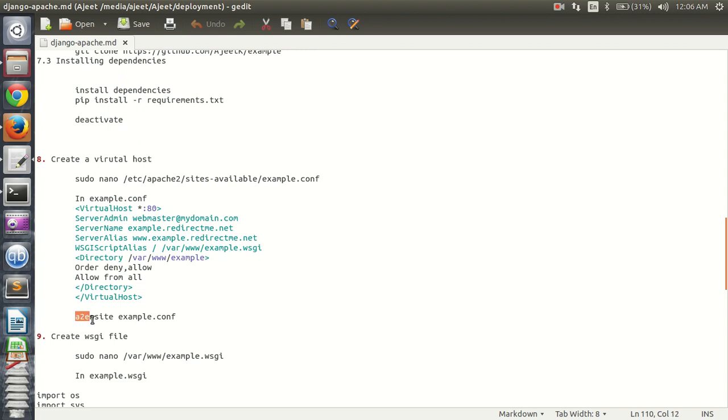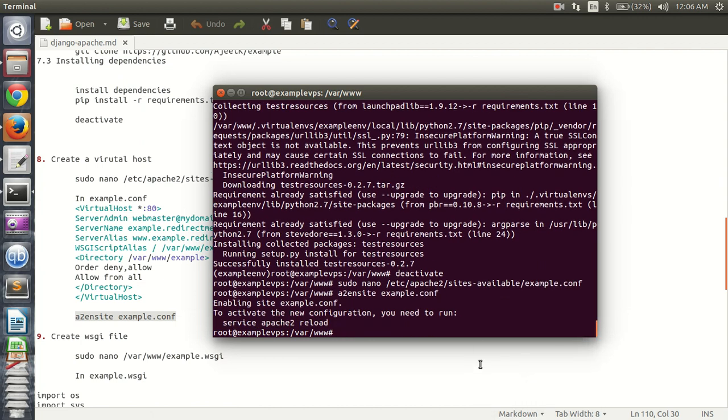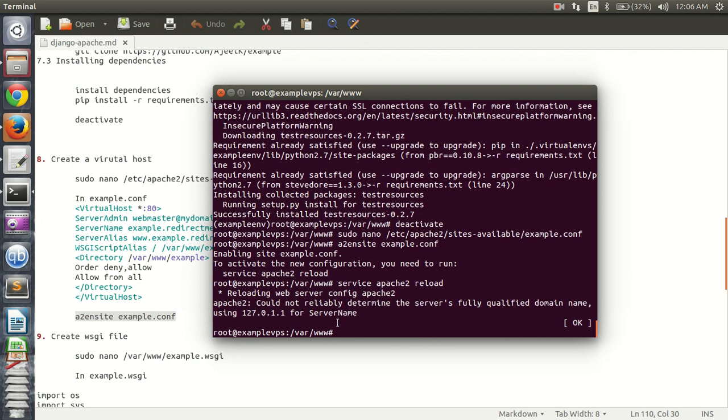To enable this, the command is a2ensite example.conf. Okay, now it is saying that to activate the new configuration we need to run service apache2 reload. So let's go ahead and do that. Okay, we are done with